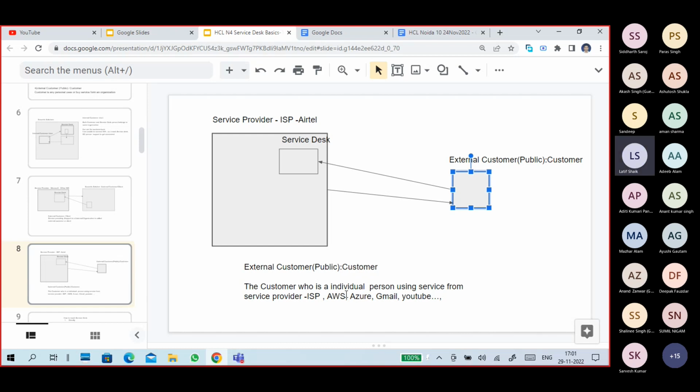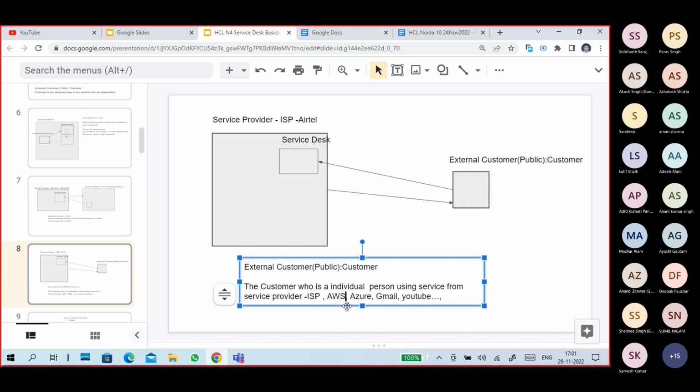Like you using AWS for your personal purpose, you are an AWS customer. Savant is using AWS cloud services as an organization. AWS, Amazon Web Services, is a service provider, and Savant is a client.